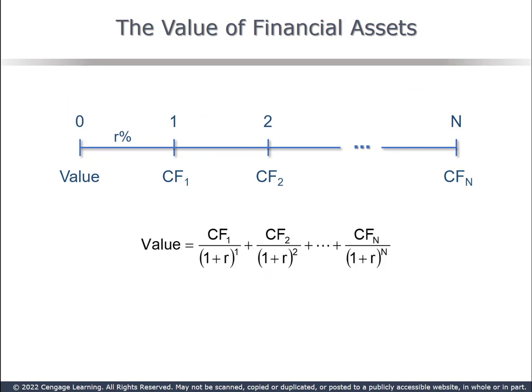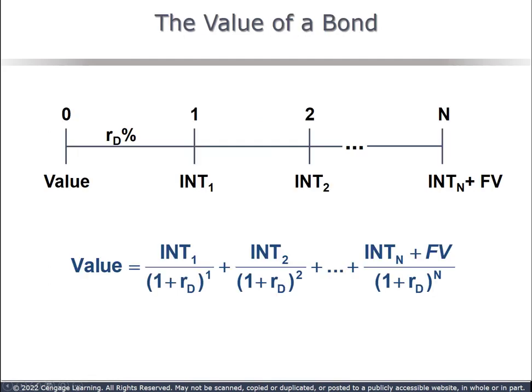Basic premise in finance: the value of any financial asset is the present value of its expected future cash flows discounted at an appropriate discount rate. Valuing a bond is relatively straightforward since the parameters are defined at the time the bond is issued. We know what the coupon payments will be and when they'll be paid. We know what the face value is and when it will be repaid. The value of a bond is the present value of the coupon payments plus the present value of the lump sum face value paid back at maturity.